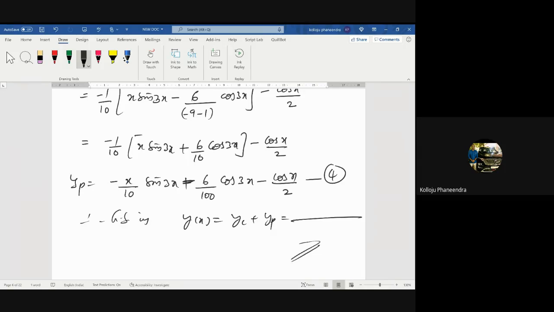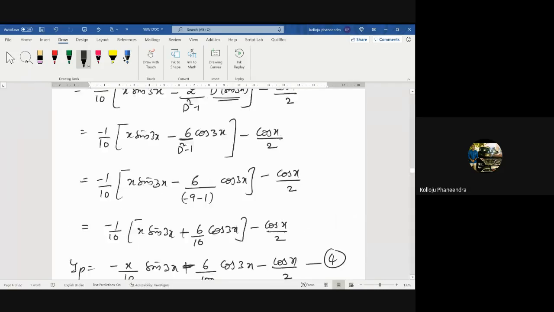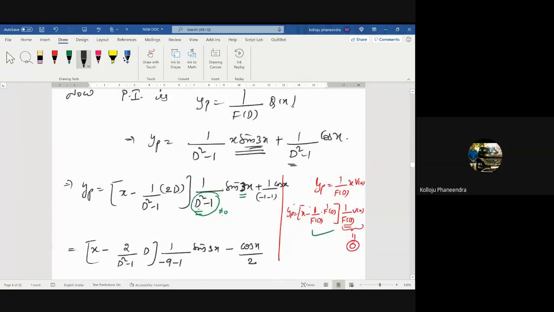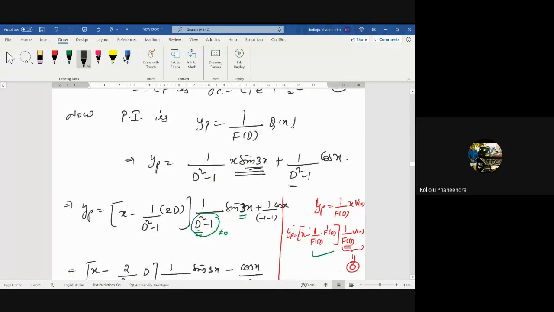Any doubts? Any doubts in this case? So what is this formula applicable to? x into sine 3x. Okay,